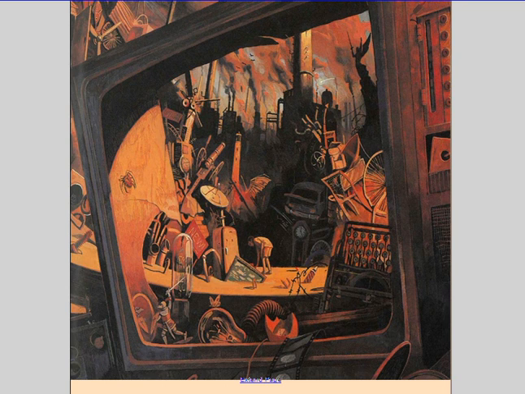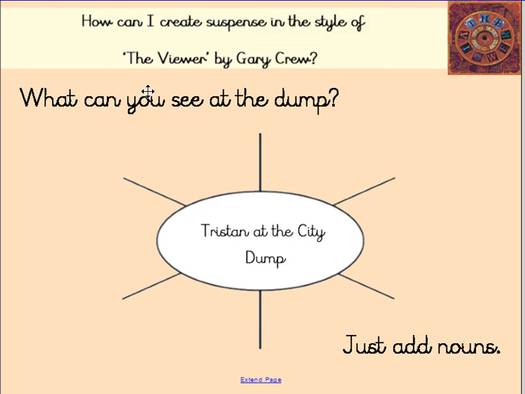So today we're going to look at how we can build up descriptions of a setting. And the city dump is a fantastic setting for us to be describing. There are loads and loads of interesting objects within this illustration that will allow you to describe the setting really clearly. Now, the first thing I want you to do is think about what you can see at the dump. I'd like you to create a bit of a mind map, and I want you to just add nouns. So it might be that you could see a clock,